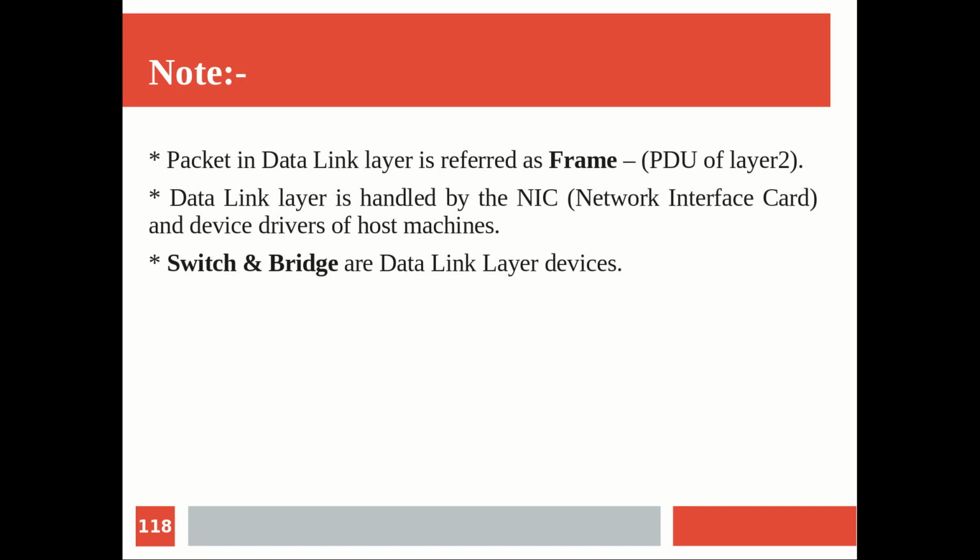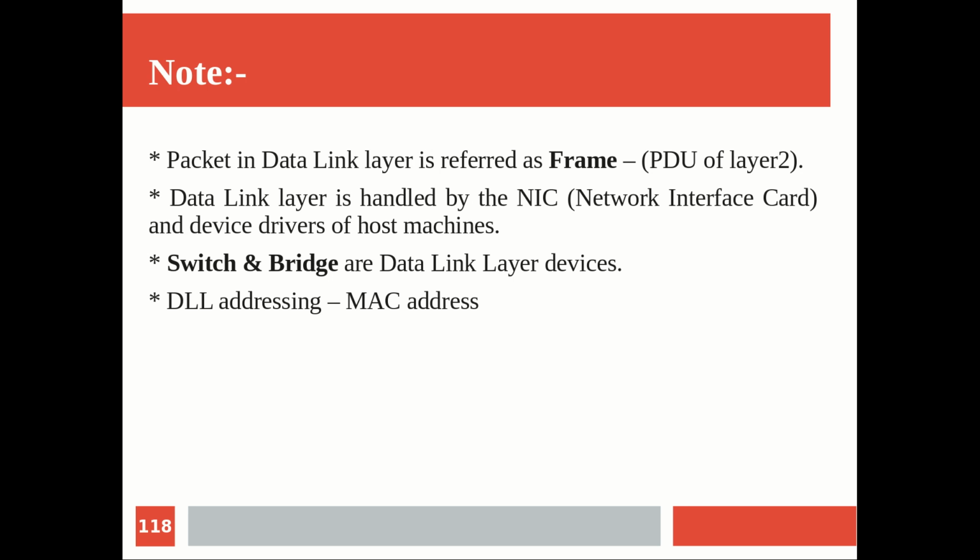For example, right now you are using an Ethernet LAN and you want to communicate with a neighboring token ring LAN. The bridge can be used in between: the frame from the Ethernet has a header, the bridge interprets the information from the header, removes the Ethernet header and appends the token ring header, since the next network follows token ring, and the communication proceeds. This header conversion is done by the bridge, and that is what makes it more intelligent than just a switch. Anyway, these two devices come in layer 2 only.